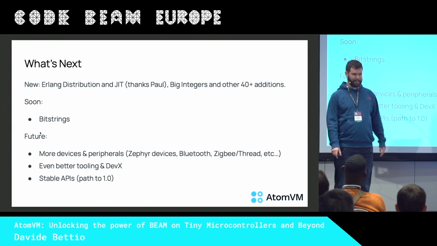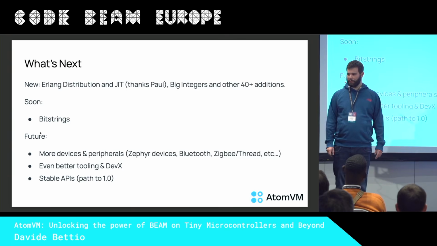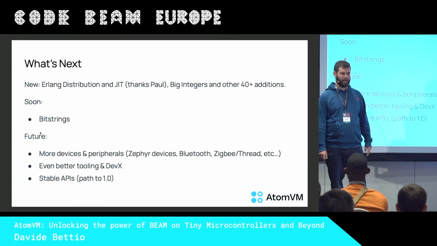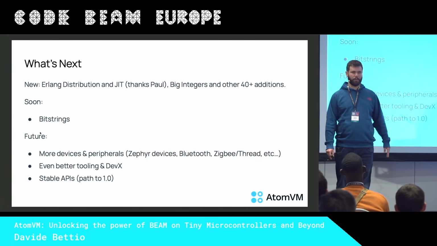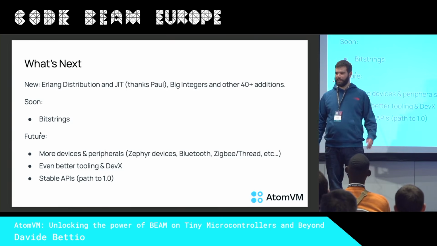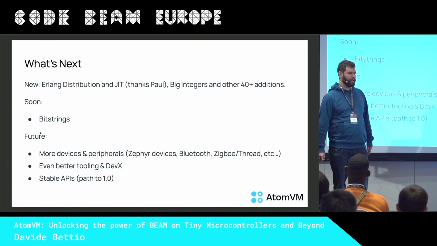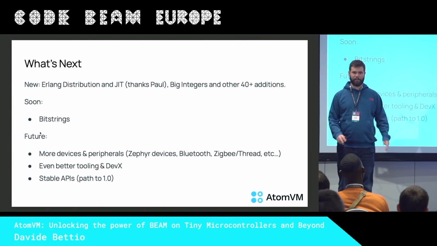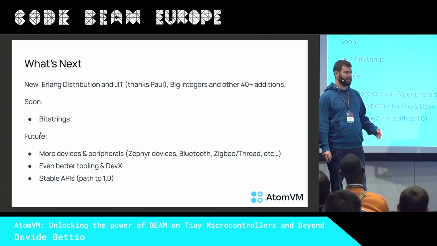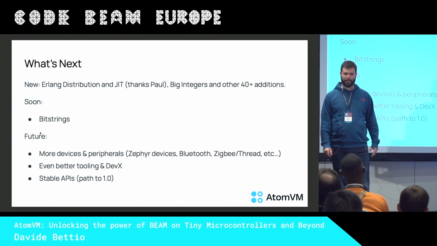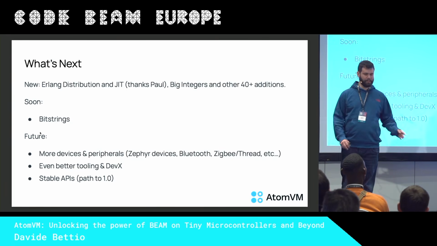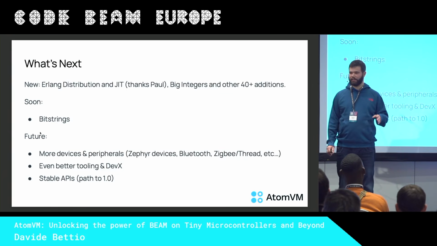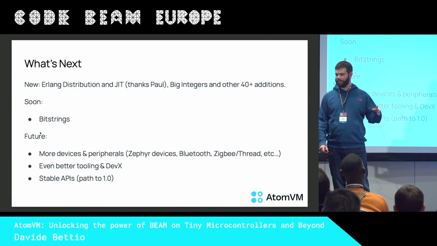And let's talk briefly also about what's next. Well, let's talk about recent additions. Recently, we added this year a number of cool features like Erlang distribution. And we presented yesterday the just-in-time compiler. But we also introduced big integers, mostly big integers limited to a reasonable number of bits. And also what's going on next: we are going to support bit strings. I don't mean binaries, I actually mean bit strings, I mean the odd size ones.